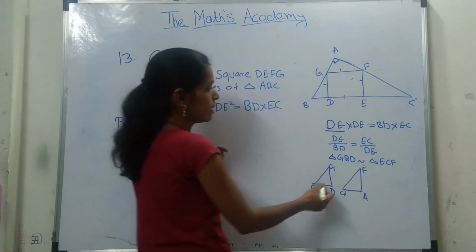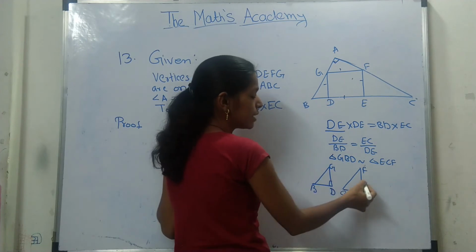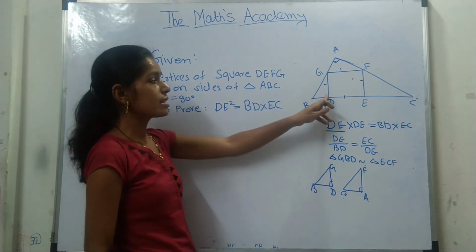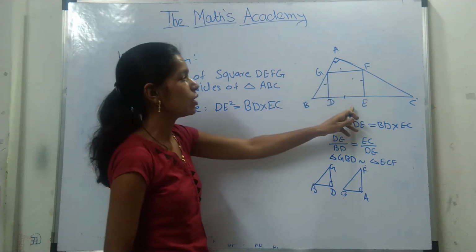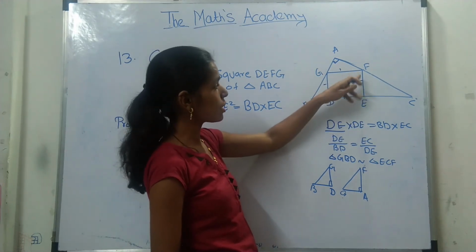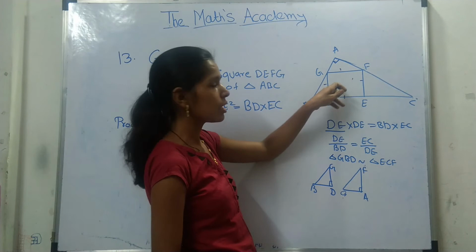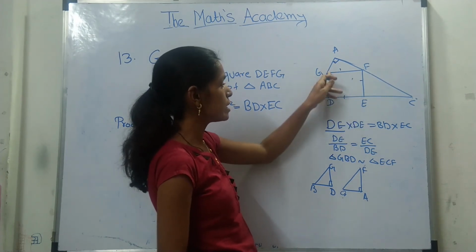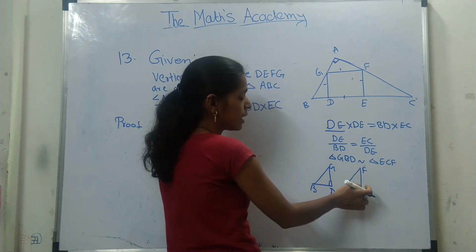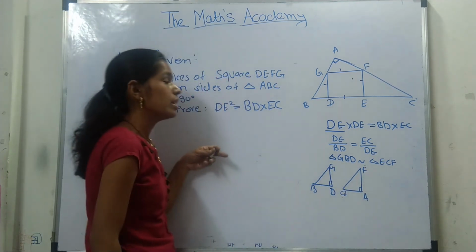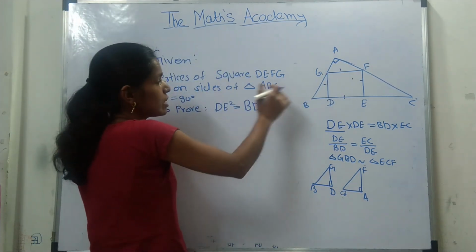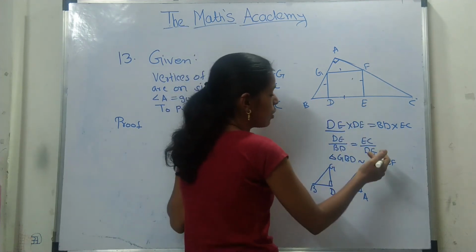See here, this angle D is of 90 degrees, also angle A is of 90 degrees, because GD is perpendicular to BC. Since the quadrilateral DEFG is a square, therefore angle GDE is equal to 90 degrees, hence GDB will also be equal to 90 degrees. If GDB is 90 degrees, also you are given A is equal to 90 degrees. These two angles are equal. Now if you observe carefully, then you will see that this GF is parallel to BE or BC.